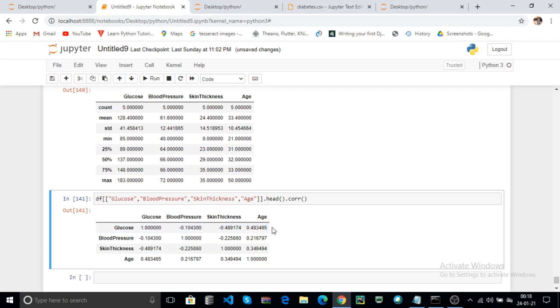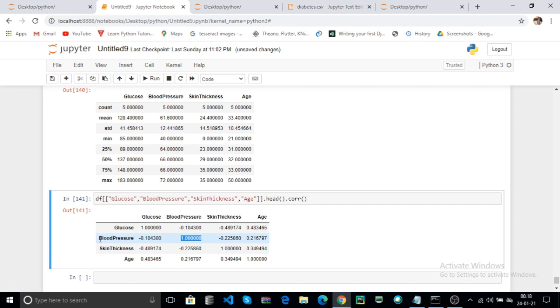Here you can use this column, that is glucose and age are used for your training, and also blood pressure and glucose are not used, and blood pressure returns the correlation 1.